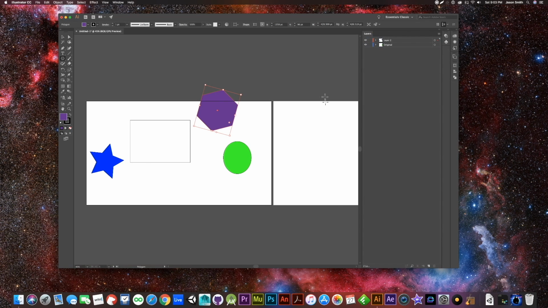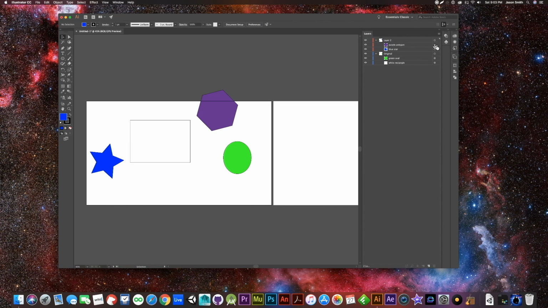So once again, if I select the target for the overall layer, it'll select both items in that layer. See, I've got both the blue star and the polygon selected. I can click off and not have those. I can then click the layer. Once again, I've got them both. Click off, I can select one by itself. I can hit Shift and select that one. Click off. Now, again, I can open up both of these layers, and now everything is visible to me, and